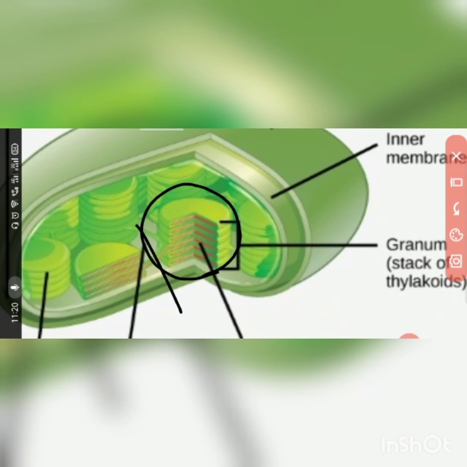And just like in mitochondria, the plastids also have their own DNA and ribosomes. So the structure of mitochondria and chloroplast are very similar. The chloroplast has an inner membrane and an outer membrane. Inside it has many sac-like structures placed one above the other, called the thylakoids, and the thylakoids are present in a material called the stroma.